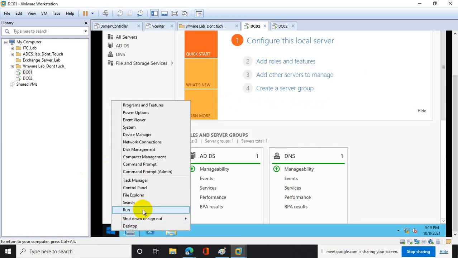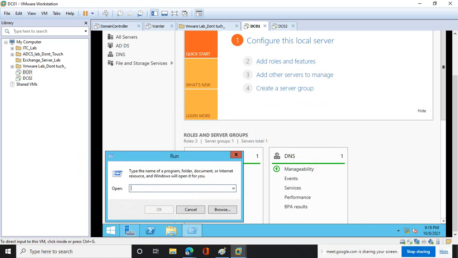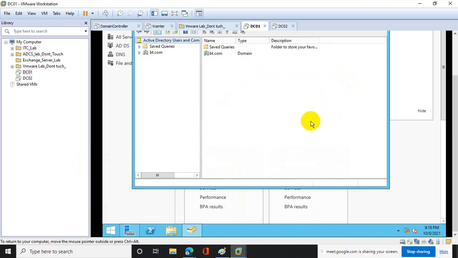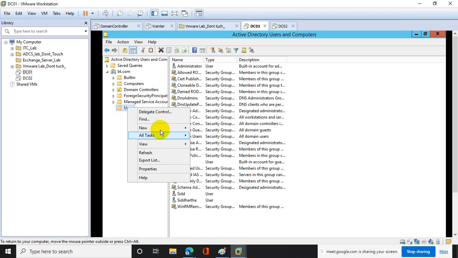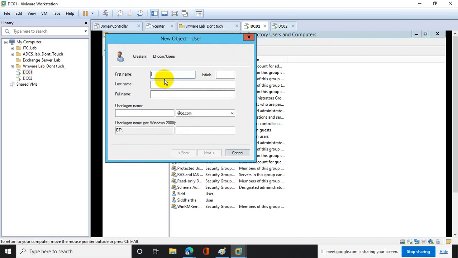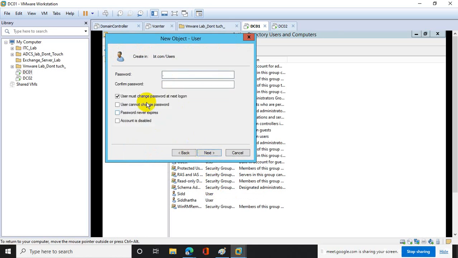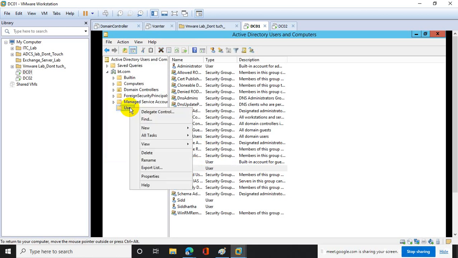Now, as you know, there are many users in AD, like user Niharika, like user Kalesha.